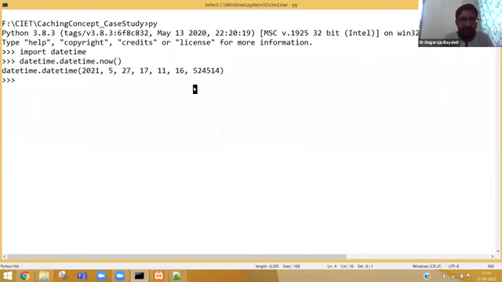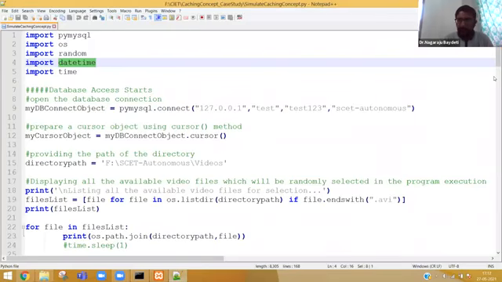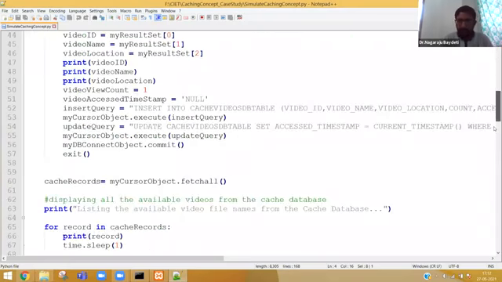But this is not how we view the date. Is it not? This is not the way that we see the date. Usually we will see, for example, 27 May 2021. So how do we change the format given by Python to our own format, like DDMMYY, hours, minutes, seconds? For that, let me show you one small piece of code.